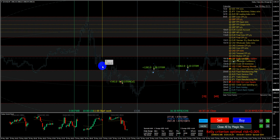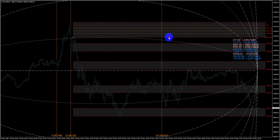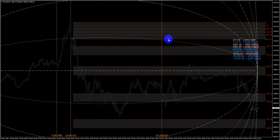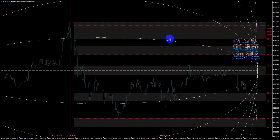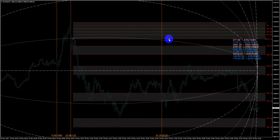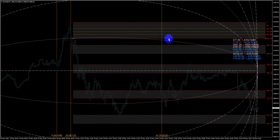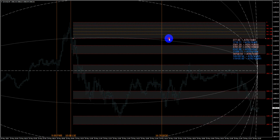Were bigger in range, or wider in range. And this one all of a sudden was very narrow. Now, we can only know that after the fact, not before the fact, because if we adjust the zone to the new consolidation, then all of a sudden we get